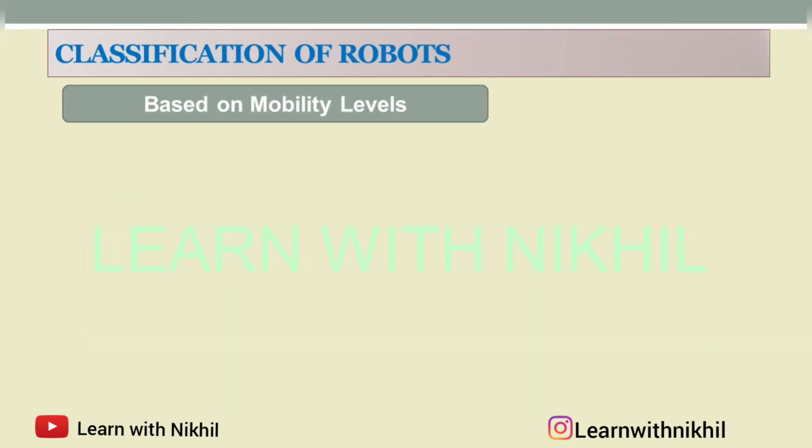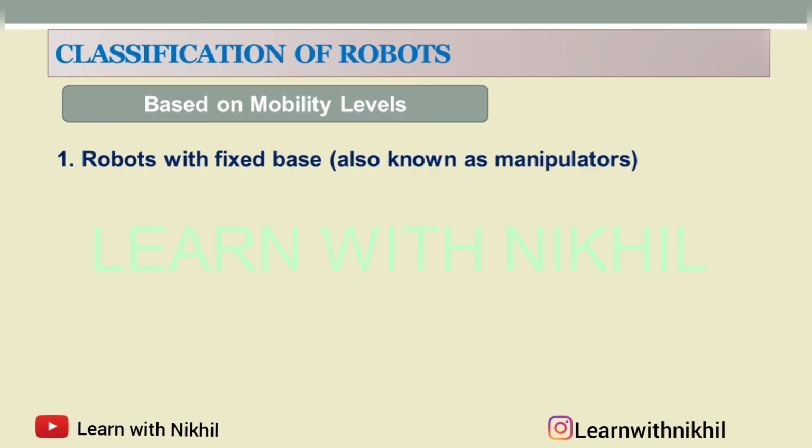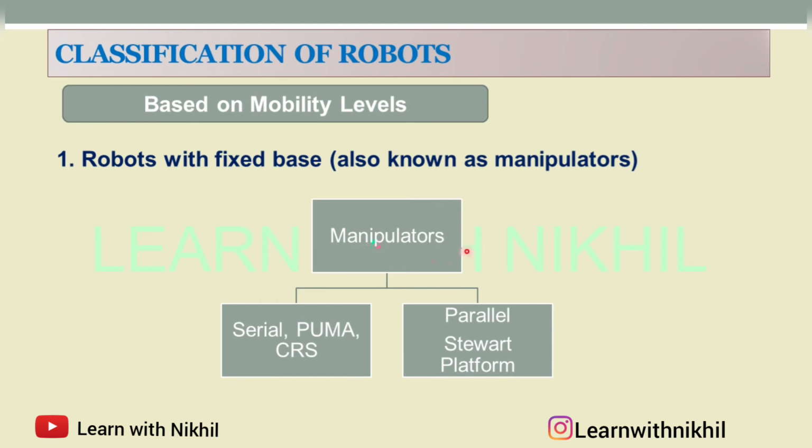Next, classification of robots based on mobility levels. Mobility is nothing but the movement of the robot. Till now we have studied robots with a fixed base, also known as manipulators. Whatever robots we have seen have a fixed base attached to the ground. Examples of manipulators or fixed base robots are classified into serial and parallel. A serial type of robot is, for example, the Puma CRS, and the parallel type is the Stewart